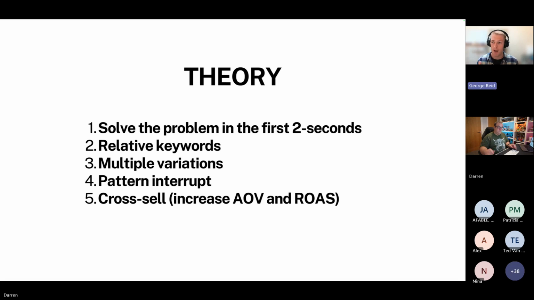Finally, if we think about Amazon search results, it's obviously quite plain and standard with a lot of whites and blacks in there. So what we're looking to do is interrupt that straight away. So when they're scrolling on mobile, we're able to interrupt. We call it a pattern interrupt.